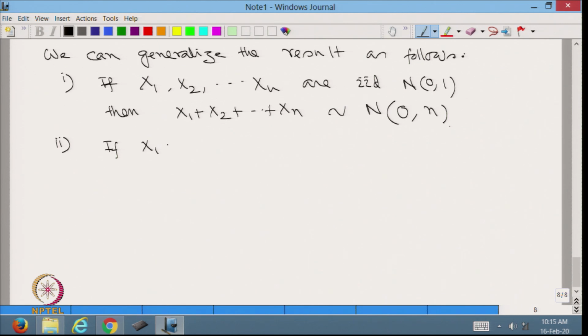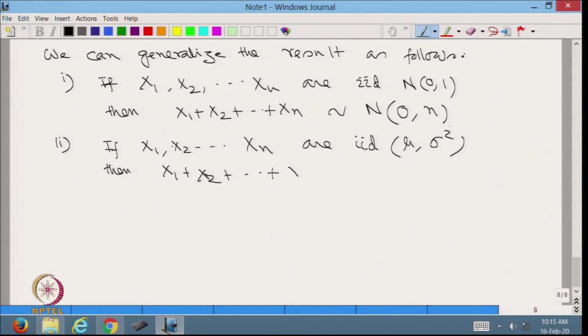If x 1, x 2, x n are IID normal mu comma sigma square, then x 1 plus x 2 plus x n will be distributed as normal with n mu and n sigma square, and more generally